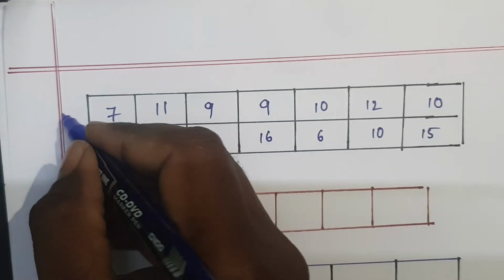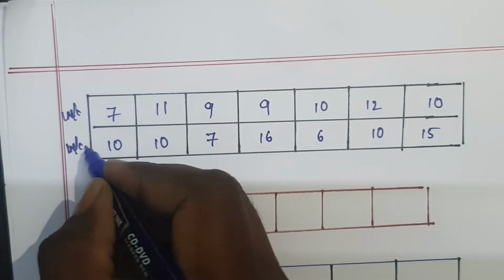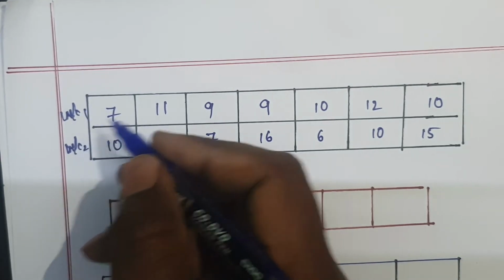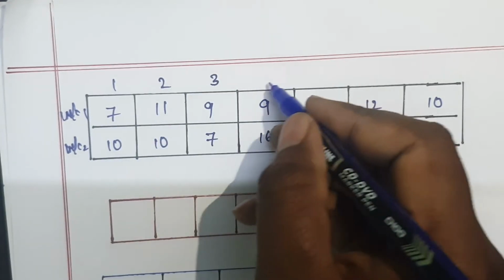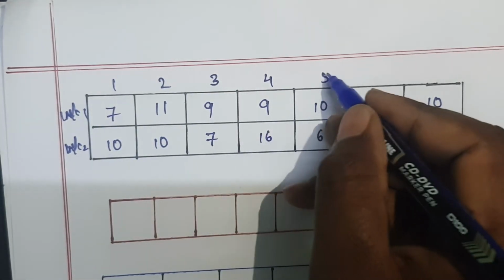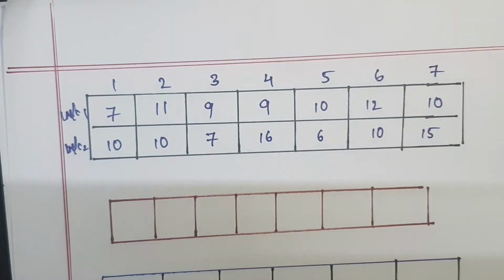Okay? Here this is WC1, this is WC2, this is WC1, WC2, and here I can write 1, this one is 2, this is 3, this is 4, this one is 5, this is 6, this is 7. Okay, now what is given? Your medium here is vehicle. So, I will write V, otherwise you can write C, or otherwise you can write any alphabet. It is up to you.